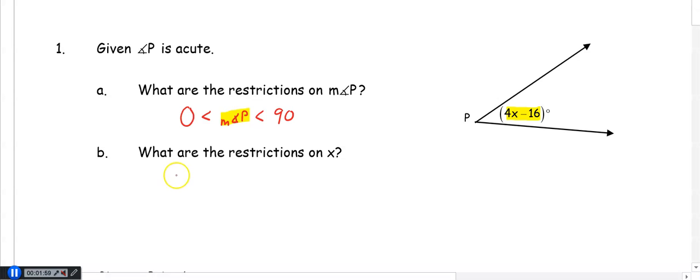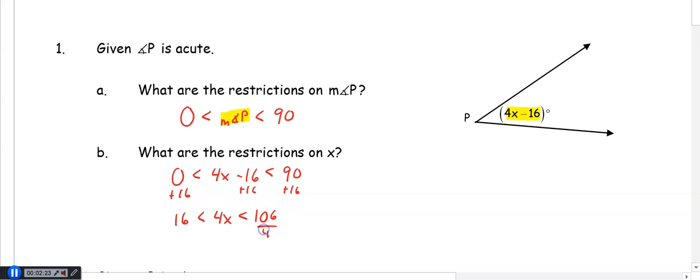So when we rewrite this, we have 0 is less than 4x minus 16, which is less than 90. When you are solving, whatever you do to that angle in the middle, you have to do to both sides of your equation. So first I'm going to add 16 to all three spots. So we get 16 is less than 4x, which is less than 106. And then we're going to divide everything by 4. So 4 is less than x, which is less than